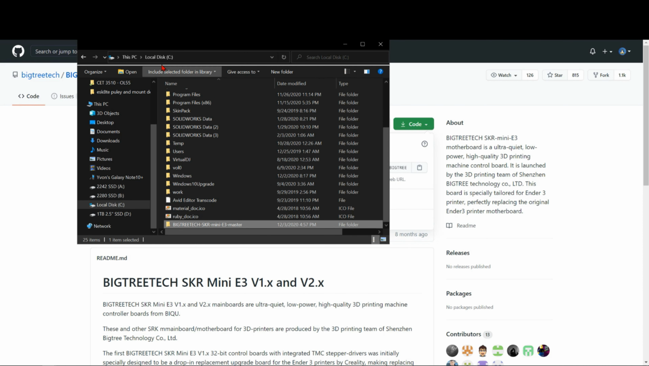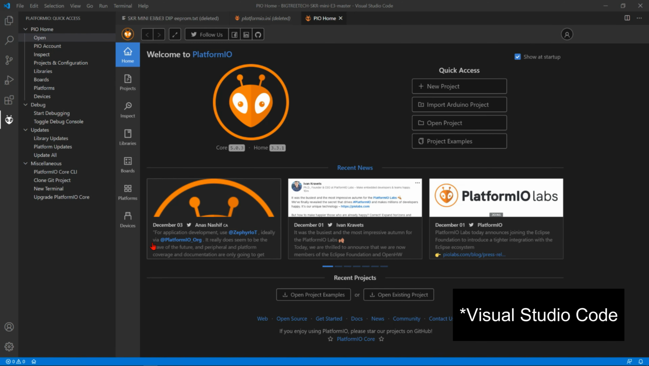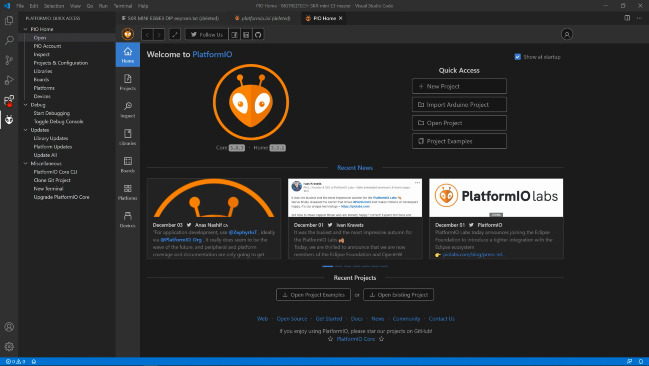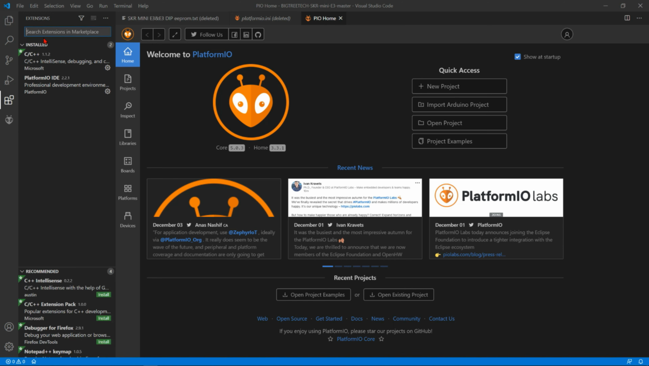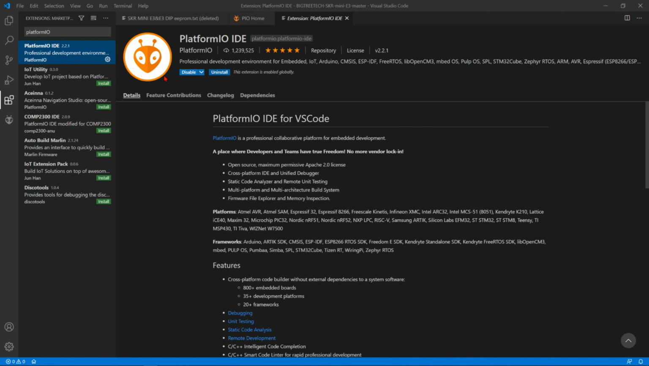I have it here right in my disk C. And then you're gonna download and install Visual Studio. So once you download and install Visual Studio, you're gonna go to the extensions, and then you're gonna search PlatformIO, and then you're gonna install it. I already have it, so here it is. If you don't have it yet, you're gonna go ahead and install it, and then this is it right here